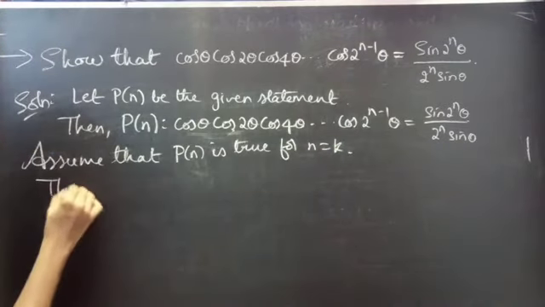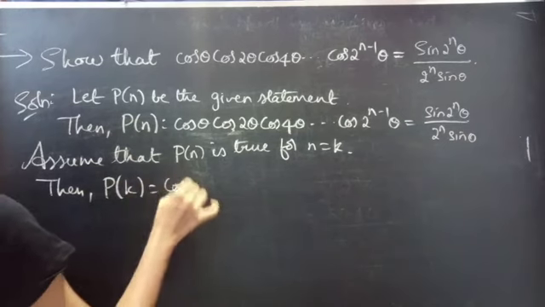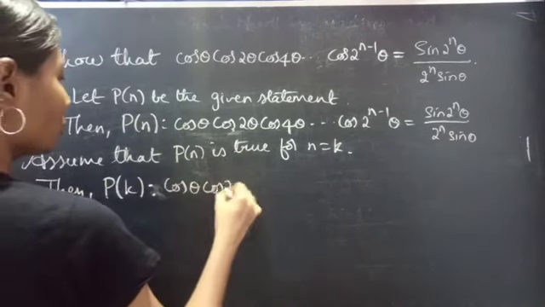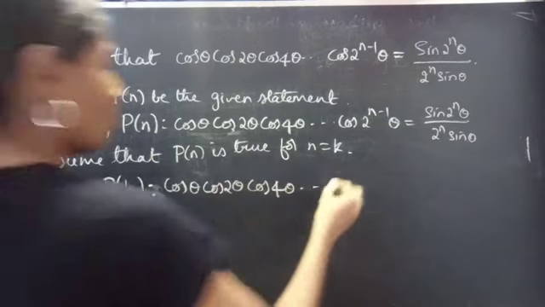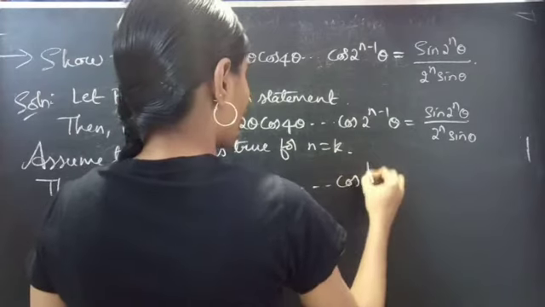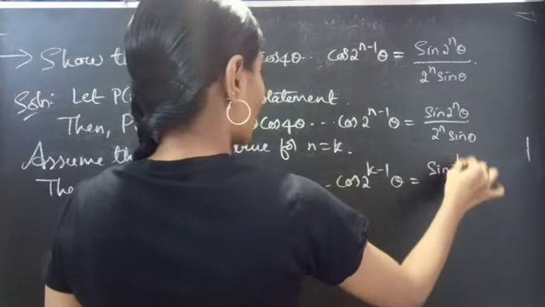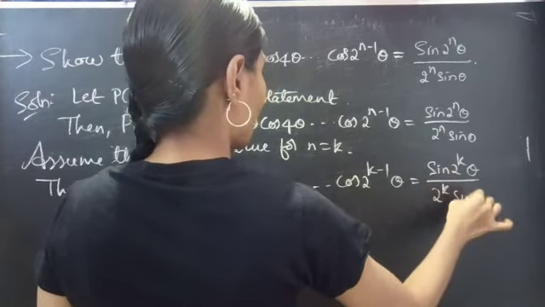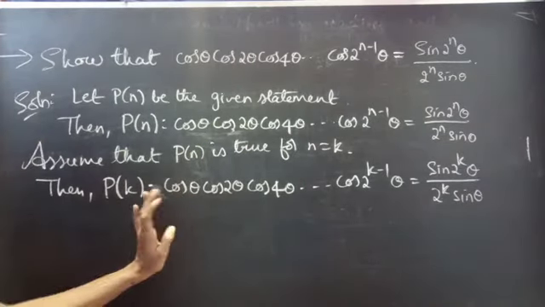Then P of k such that cos theta into cos 2 theta into cos 4 theta into so on into cos 2 power k minus 1 into theta equals sin 2 power k into theta by 2 power k into sin theta. Since P of k is true,